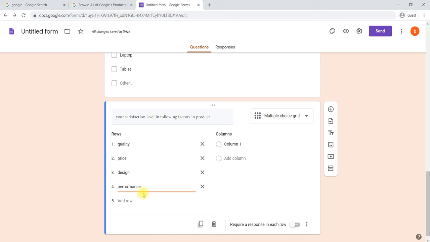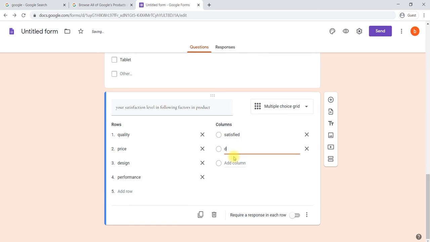For these four questions, he can give answers: either satisfied, or neutral, or dissatisfied.